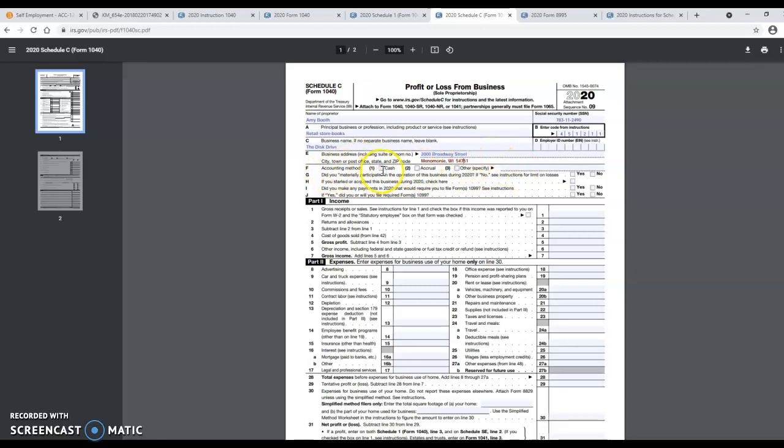Okay, the accounting method would be cash. Did she materially participate